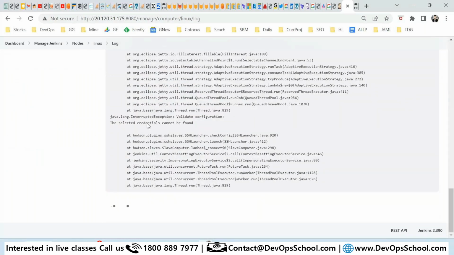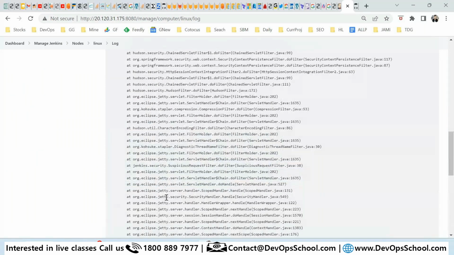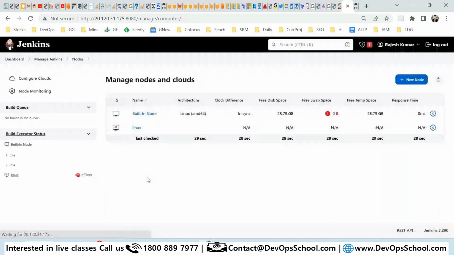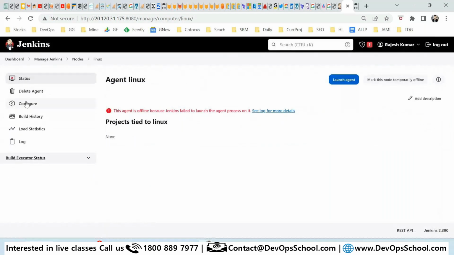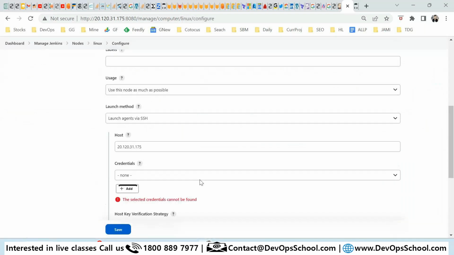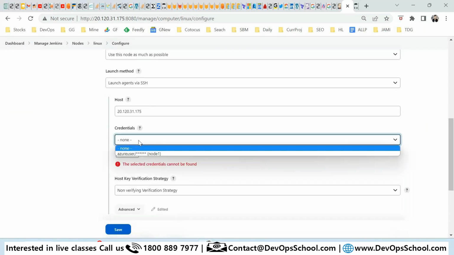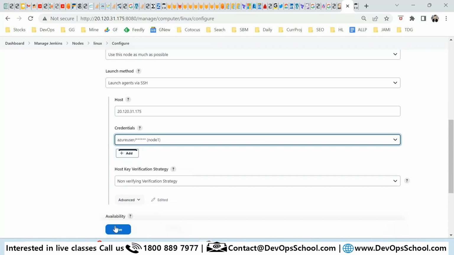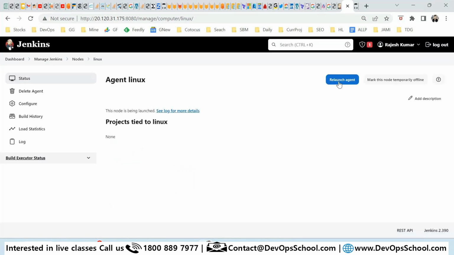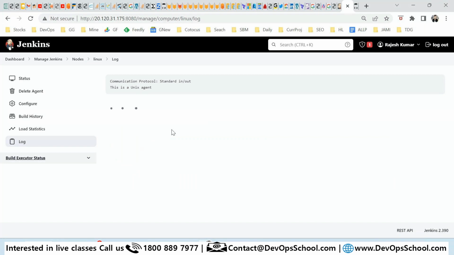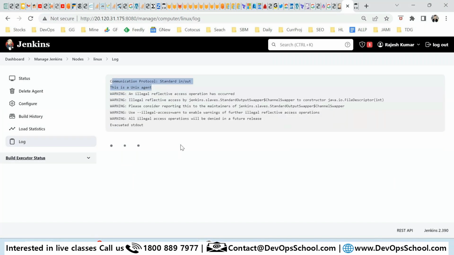Selected credential cannot be found. So I think there's some problem with this credential. Let me check. So go to this configuration and see, I did not select this, that is the problem. Save it. Now relaunch. Done. See, so this is the way you can add more nodes, and now I have 2